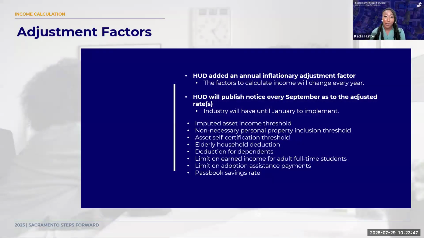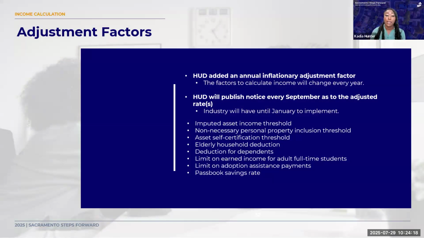All right, let's talk about these adjustment factors. They're really the dynamic part of HOTMA that keeps everything up to date with the real world. It has introduced an annual inflationary adjustment factor, meaning the number we use for income calculations will change every single year to account for things like rising costs. They'll publish the updated rates in a notice every September, and we've got until January to put